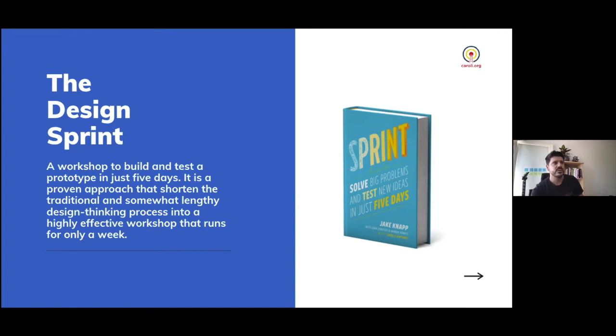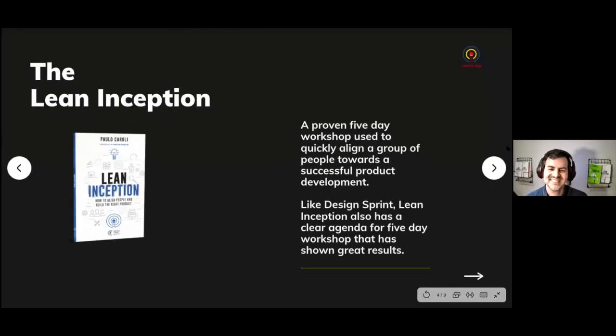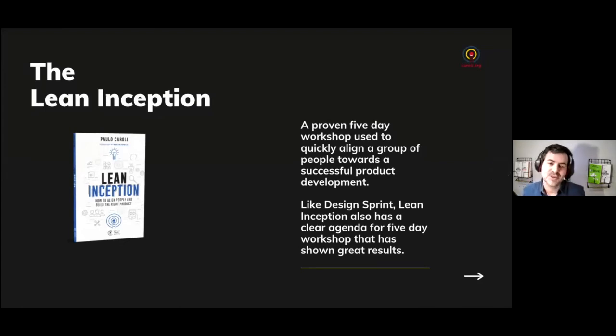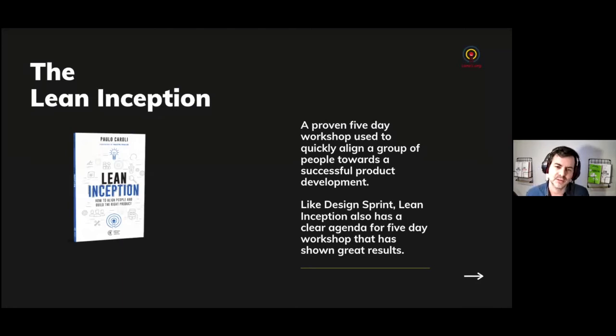So going to Lean Inception. Paulo, I'm not talking about Lean Inception. Yeah. So Lean Inception is a highly collaborative workshop where you get a group of people and they want to align about what is the product vision and how we're going to start. What is that very first step, which is the minimum viable product. I'll tell a few interesting facts, right?